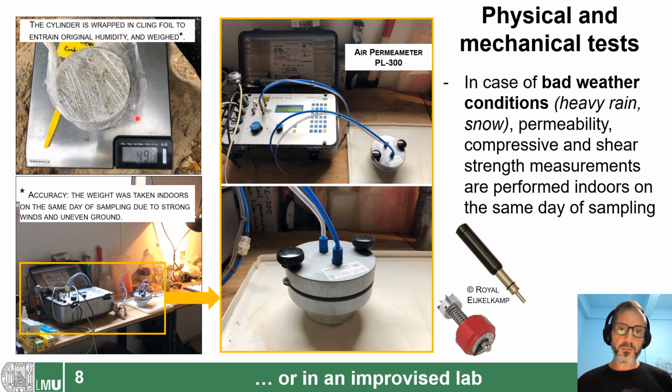Subsequently, the film is removed and the cylinder is mounted to the soil perm, where we can start measuring our PL value, which is a sort of pneumatic conductivity or hydraulic conductivity, which can later be converted into air permeability. Typically, this procedure is conducted outdoors under optimal weather conditions, but in case of adverse conditions,